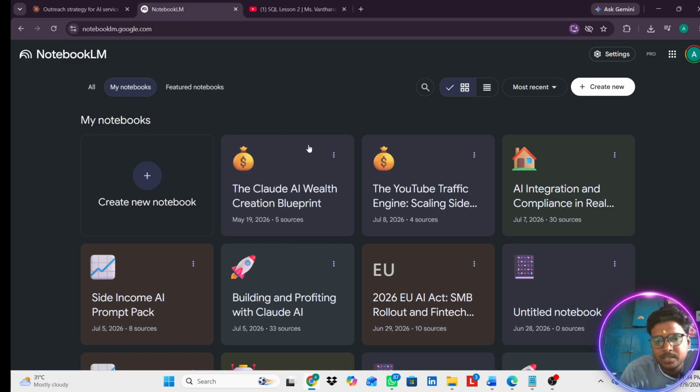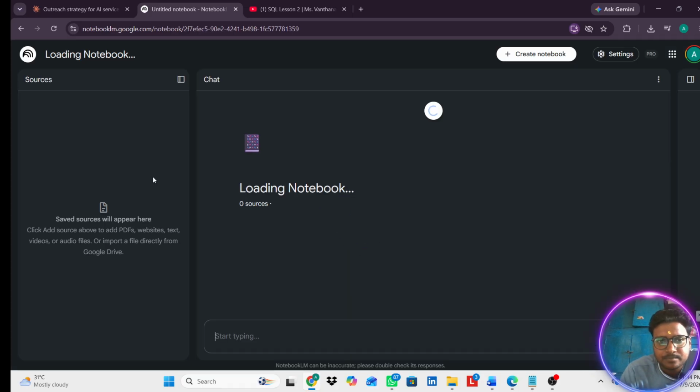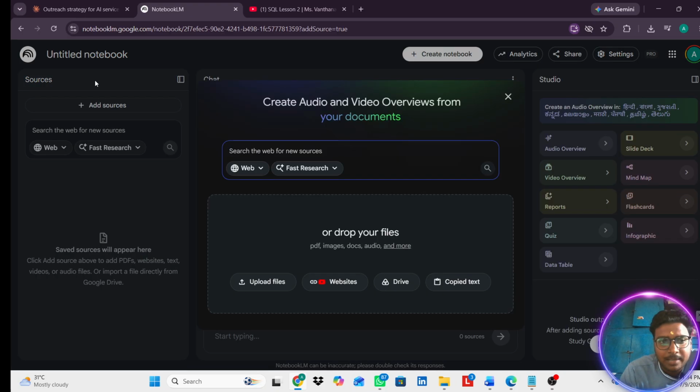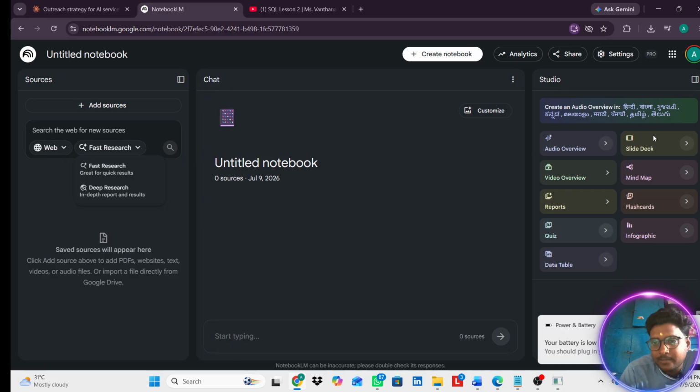If you want to create something, you can click on create notebook. After clicking it, you can add sources. So what types of sources are available? See, you can add sources. Here you can do web search. Here you can do fast research or deep research. Then many tools are available, like you can create audio overview, video overview, slide deck, through which we can